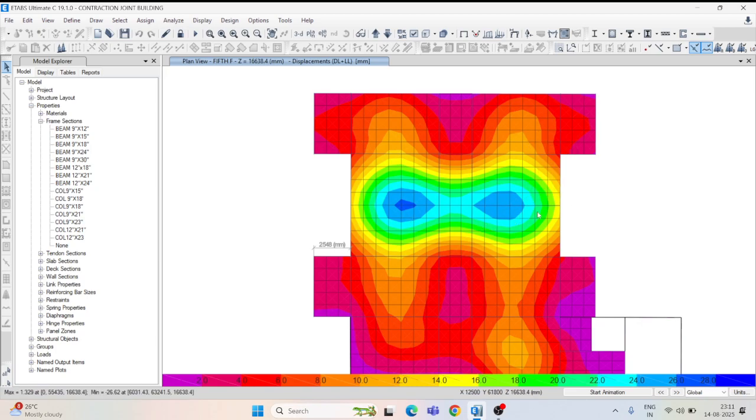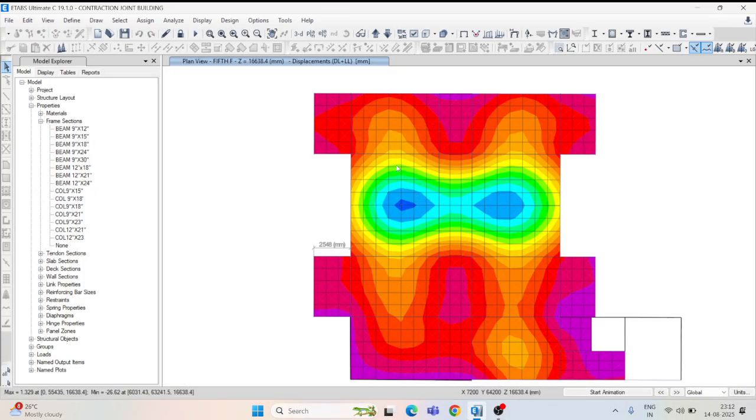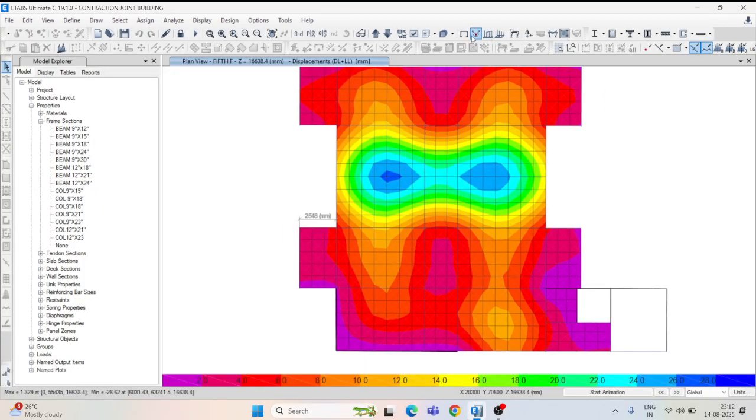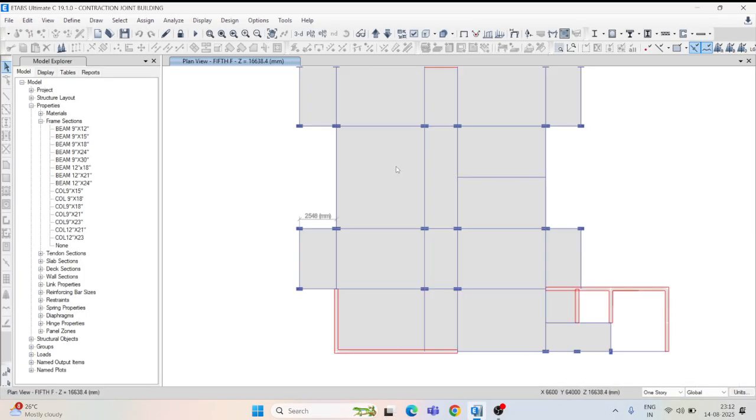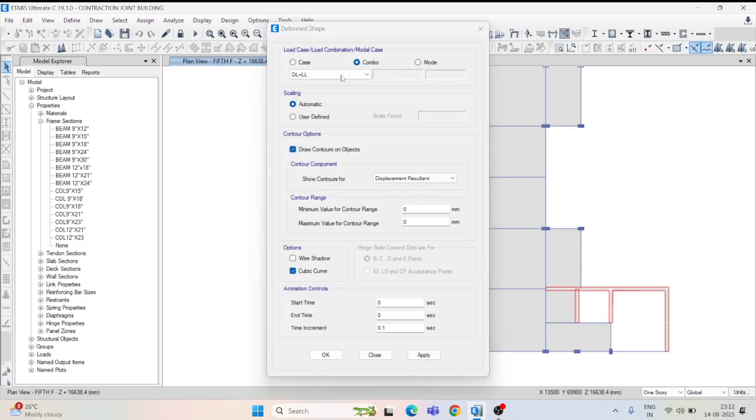See, now it's getting 26.62 here, which means this portion is already saved, but this portion is not saved. 26.62, and here beam or not, I don't know that. We'll see. Just undeformed. Yeah, here there is no beam. So see, just go again and apply and OK.